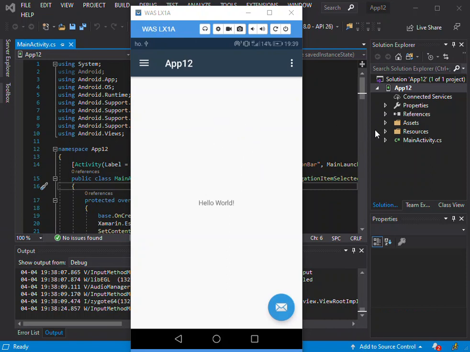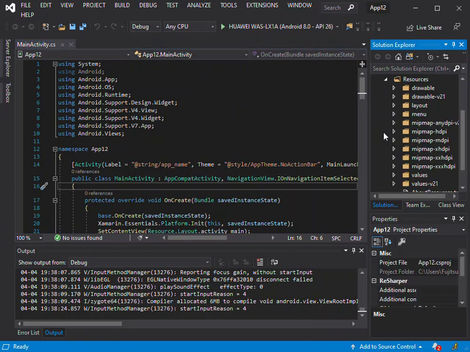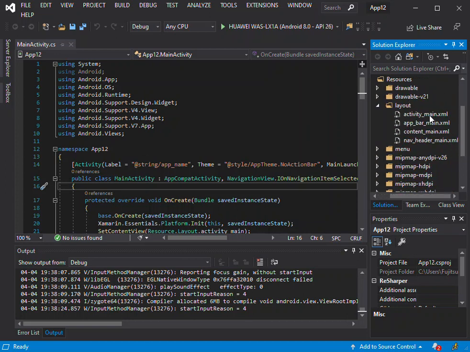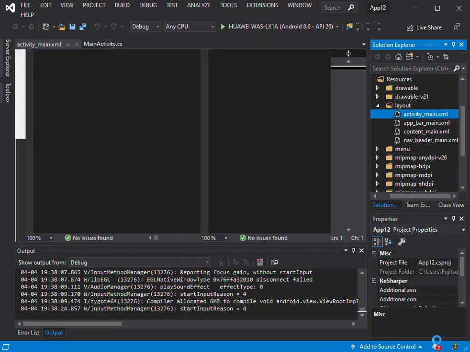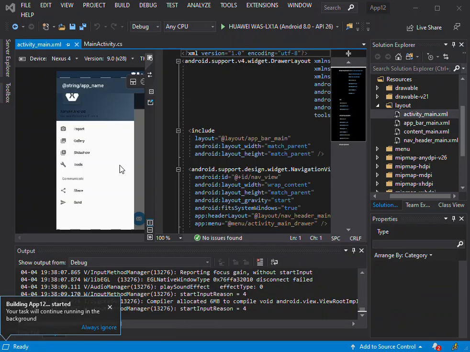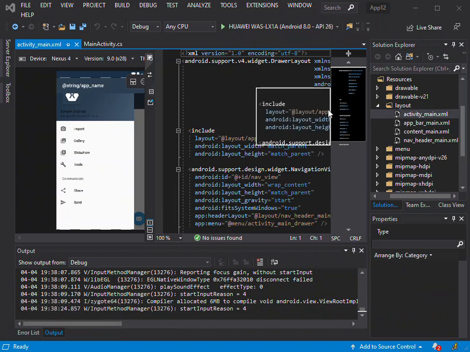So first of all, we're just going to open the resources folder. Inside the resources here, we've got our layout, and here we have the main activity .xml, so we can open it. As you can see, we've got it loaded here, so I will explain it while everything just works out. The main activity contains the main layout of the application, right? Within it, it's got a child widget, which is the support design widget, navigation view,